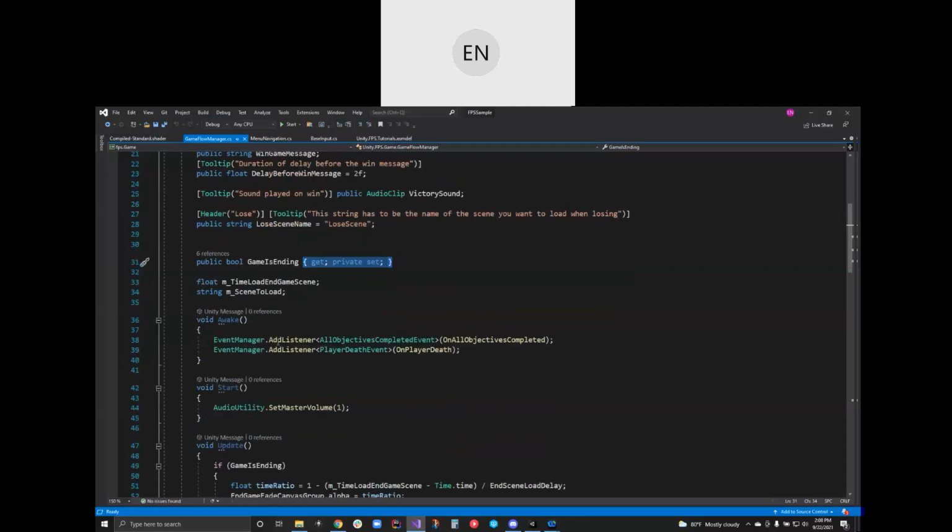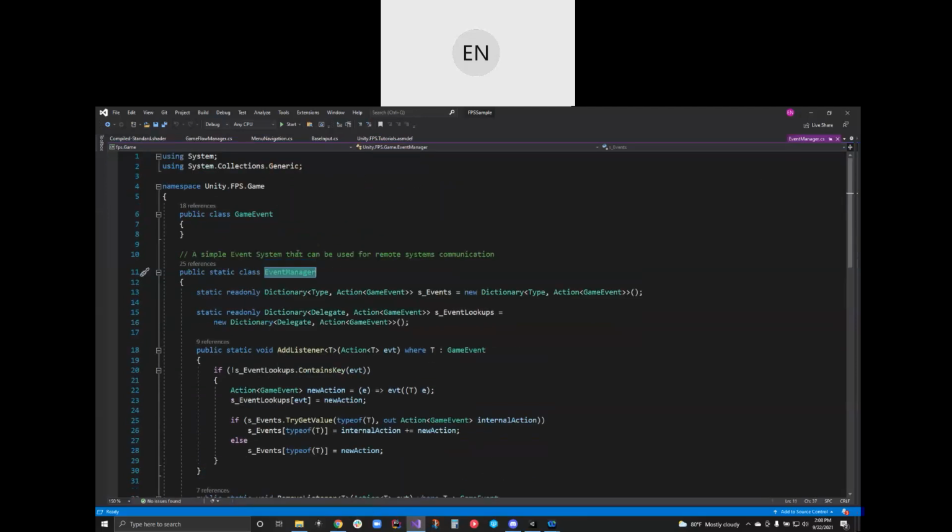on Awake for this game flow manager, it's adding listeners to this event manager. You can right click on it and say go to definition, and there's this event manager class. It's static, meaning you don't have to instantiate it into an object. The class itself is basically like one object. It already exists. All the static stuff is already instantiated within the class. And it's used for when you want to create stuff called singletons, which means there's only one instance of this class. It doesn't make sense to have more than one. A lot of managers are like this.